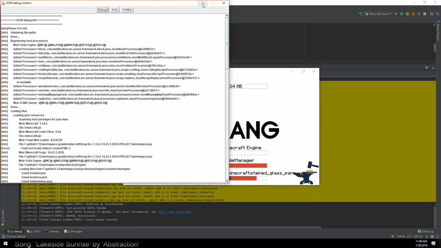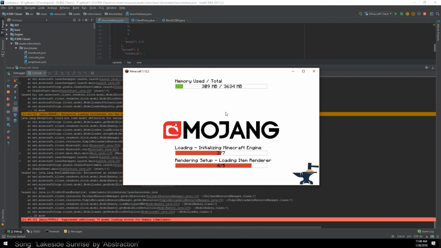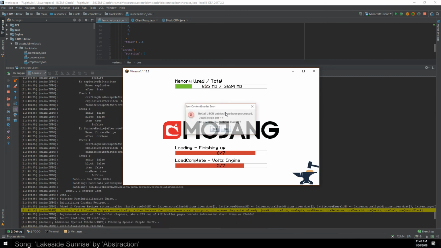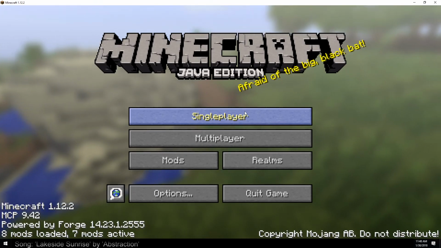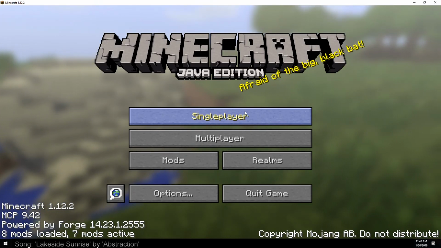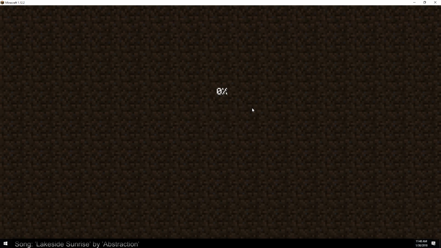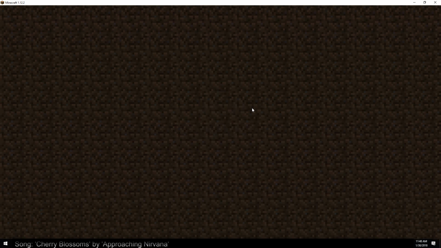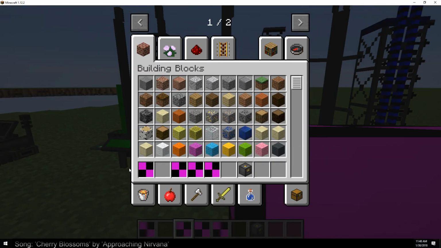Go ahead and close this. Eventually I'll have to come through and probably fix that JSON system, but that's a video for another day. Literally that error that pops up that says do you want to continue is because NEI is not installed. That's literally why that pops up. We used to have handlers for NEI that would say, hey, I want to hide an item, but because NEI doesn't actually exist in the same context as it did in 1.7, I then have to make a JEI proxy for that. No, we broke everything. No, we didn't break, well,